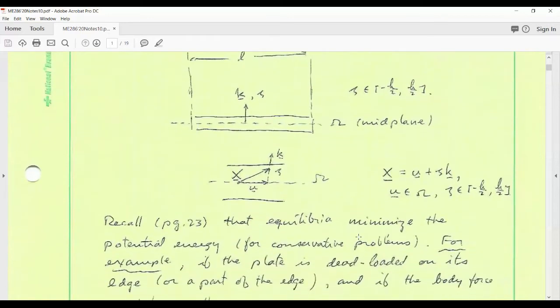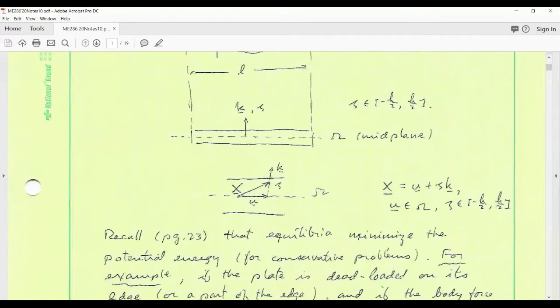Okay, so let's see, how are we going to get a theory that involves h? Well, the obvious way to do this is to recall what we did some time ago, way back on page 23, which is the first couple of lectures in